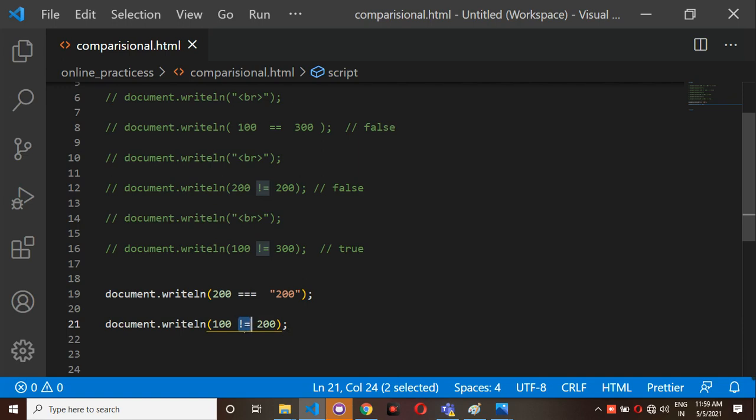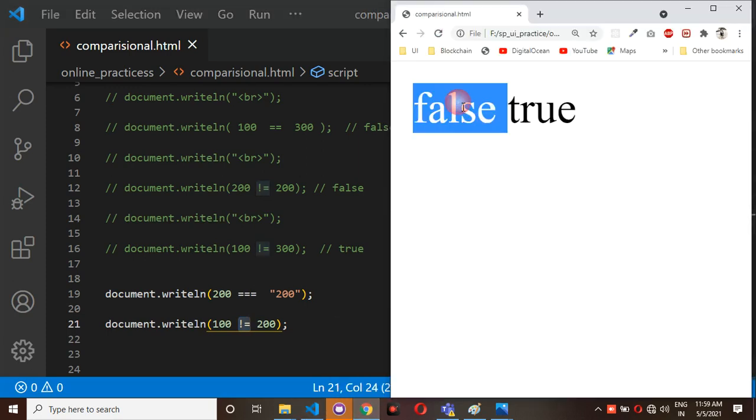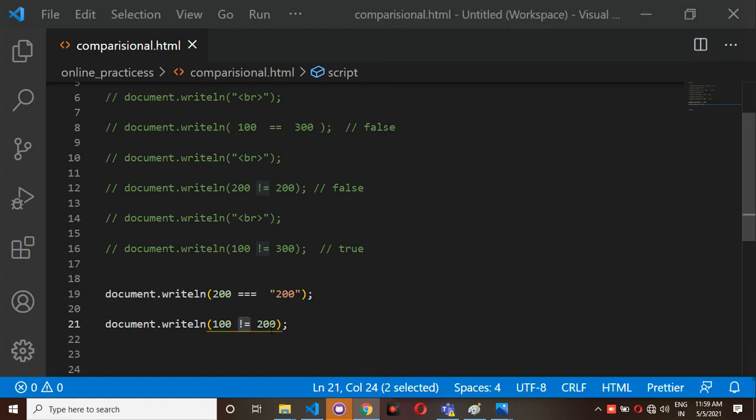So in this case you can observe here, for the first one we are getting false, and for the second one we are getting true, which means here the both values are not equal. But here observe, instead of giving 200 directly, inside double quotations I have written it like this.